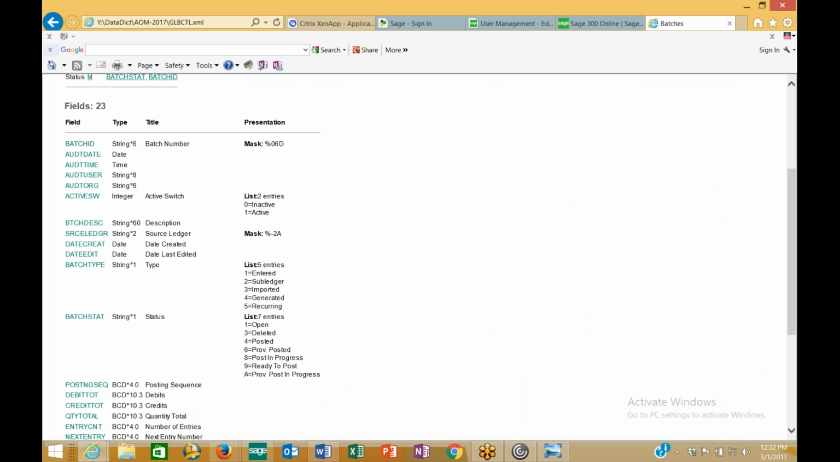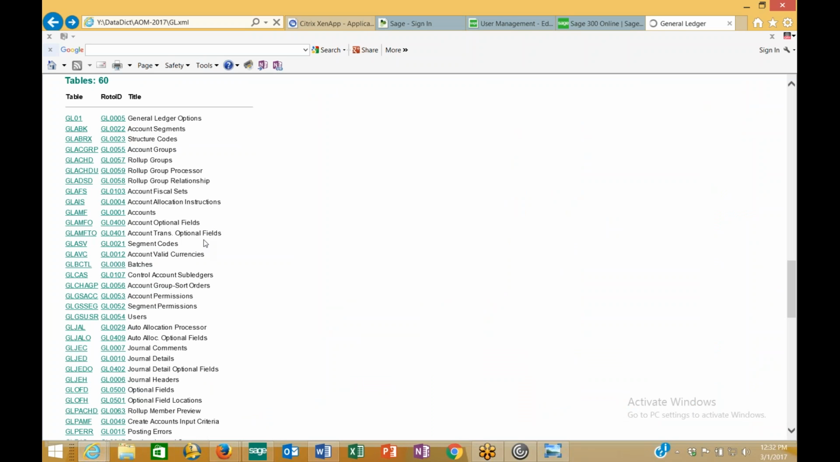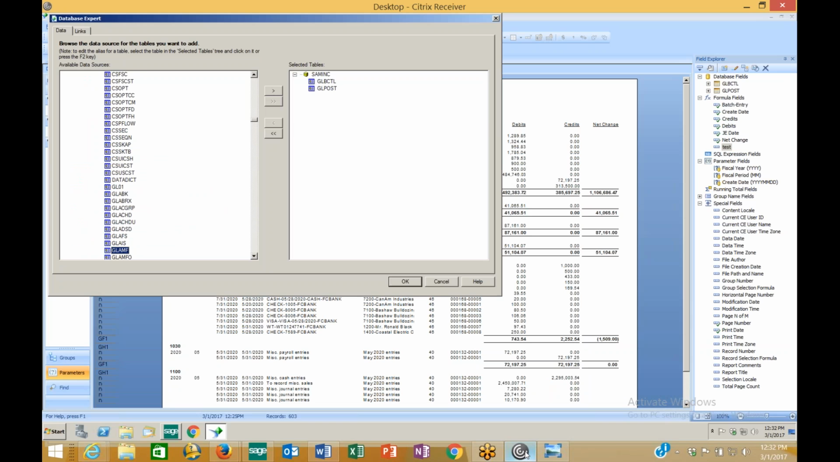Get to know these frequently used tables as you work with this. So GL accounts is GL AMF. All right. Yes. So create account infrastructure. Okay. So what we're going to do is grab that table, and we're going to make sure